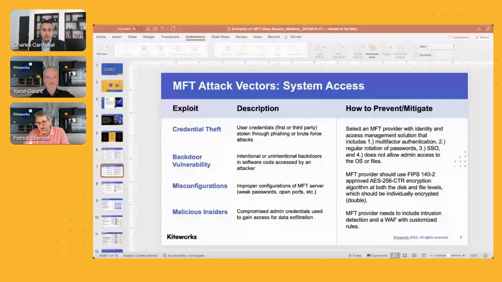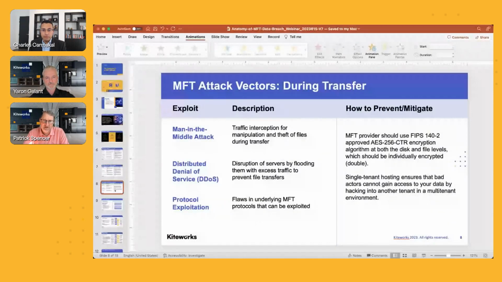But if there's another one, then there's more to write about because you've already had these others take place, and they're getting worse because CLOP, Fin 11, they're figuring out how to make them more and more successful, I think, and we'll talk a bit about that. The last item here, when data is in transit, when it's being transferred from one system to another, there's ways in which it can be exploited.